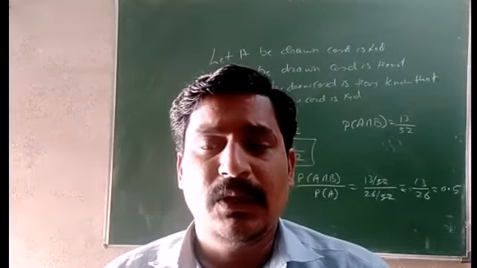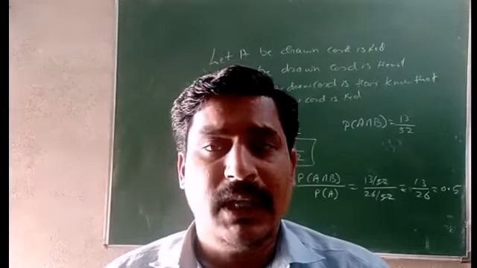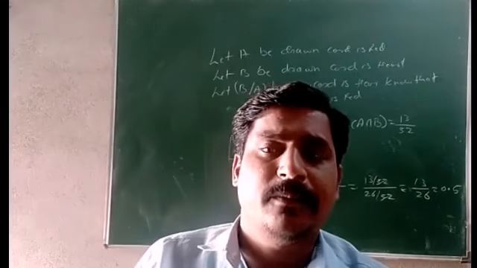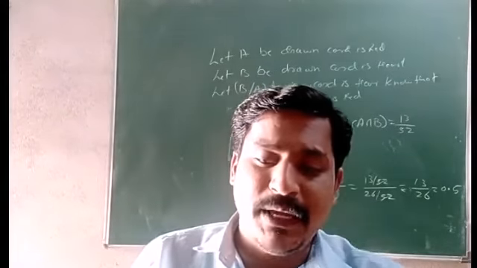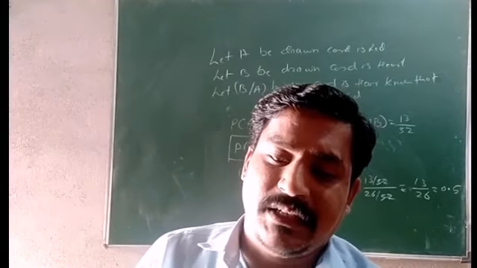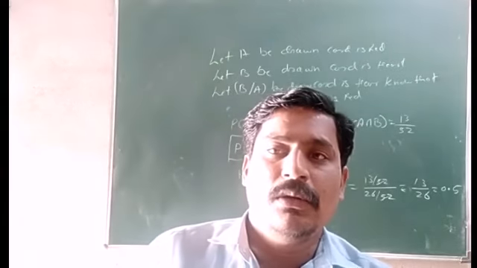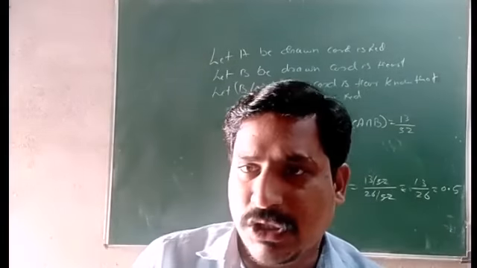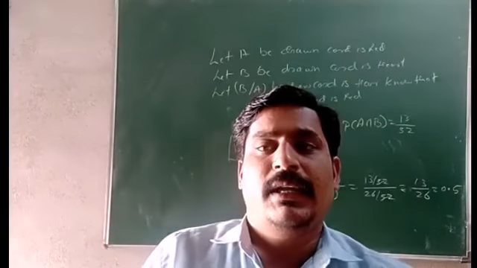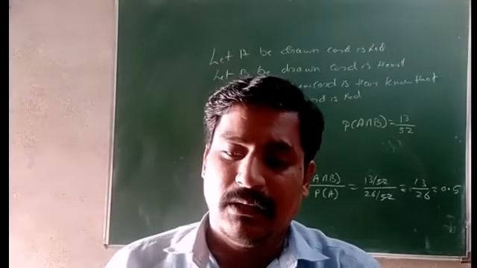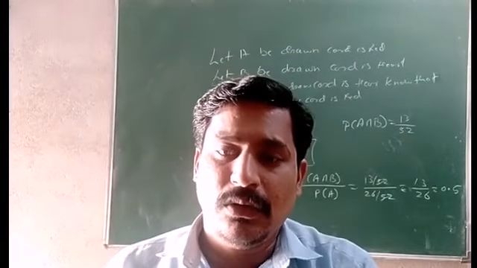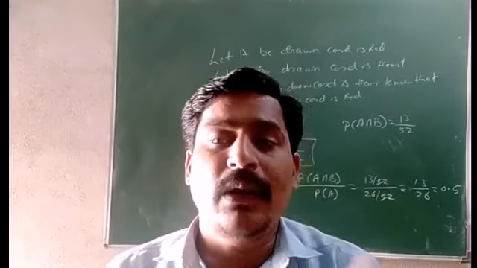So here first we have to select the bag. There are 3 bags. So selecting one bag out of 3 bags is 1 by 3. So probability of A, selecting a bag, is 1 by 3. Probability of B is selecting a red ball. Again it is the same as example 60 which we solved in this class itself. From the first bag, 3 red and 2 green are there, total 5 balls. So 3 by 5 into 1 by 3.